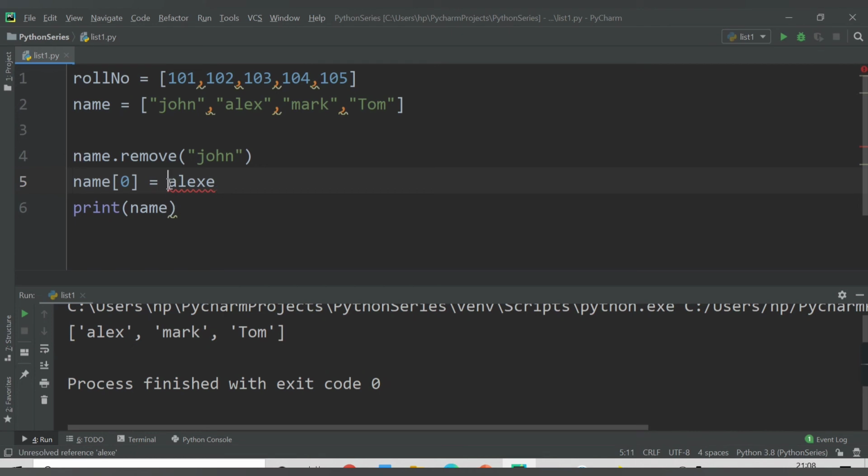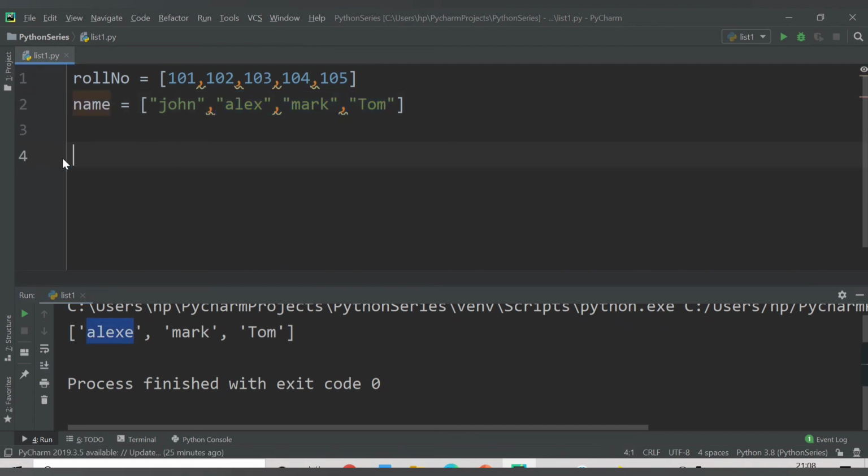So I will need to provide it in inverted commas. Now let's see what it prints. So see, this was our list: John, Alex, Mark and Tom. We have removed John, so we have only these data items in your list. After that, the first position we have renamed to Alexi, and after that we tried to print it. So we are getting the updated value.